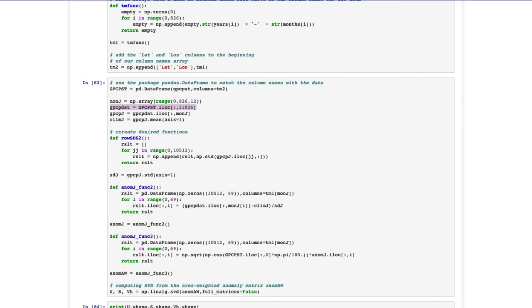Now we are going to go ahead and define a GP-CP-J array that will allow us to go into the matrix that was created in the line above, only indexing through the MUN-J columns. Using this GP-CP-J matrix, we are going to grab the means from every column in this and name it ClimJ, representing our